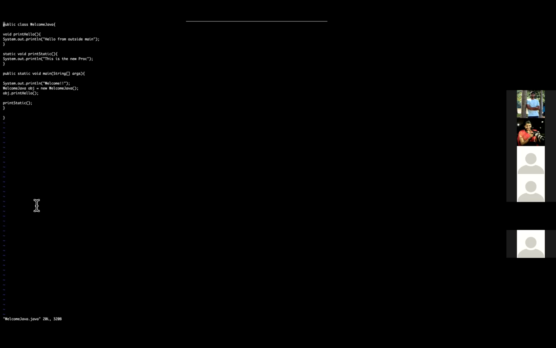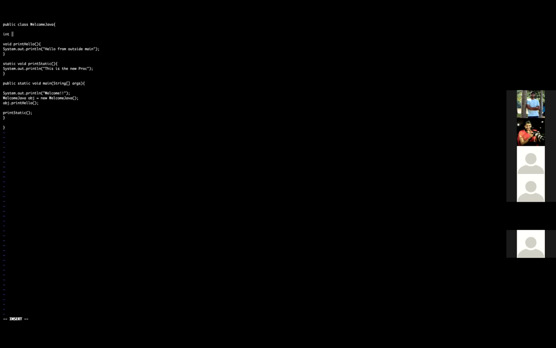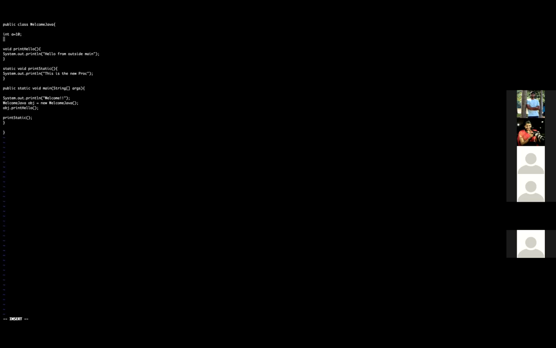Kiruba, we can go ahead with one more exercise. Now, instead of creating a method, can you create a variable outside your main? Just give it in the class, right? Yeah, within the class, int, just a name equal to 10. Now create one more variable with static. Static int x equal to 10. You can give some number like 100 so that you'll know what output you're getting. Save it.